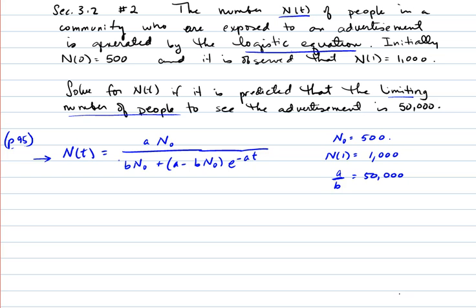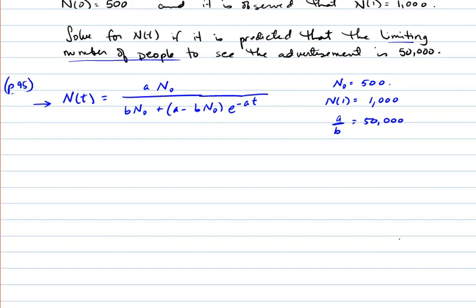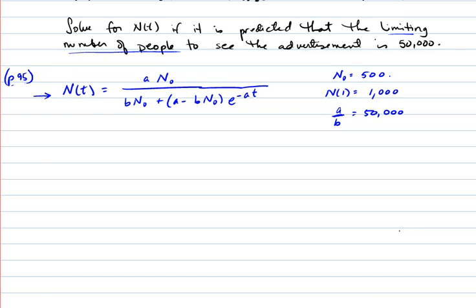Just taking the limit here as t goes to infinity gives us a over b, and that needs to be 50,000. So we'll use that information in order to solve for n of t. You see, we already have n sub 0. The only thing we have to do is find a and b, so we'll substitute these things and find a and b. Now n of 1